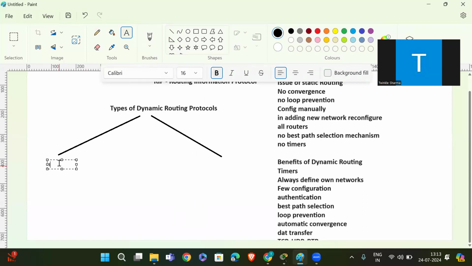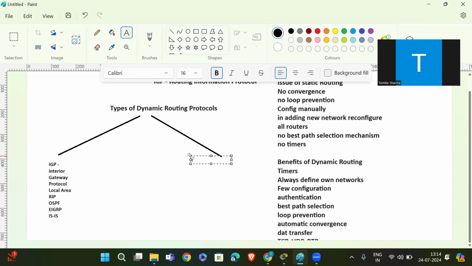IGP stands for Interior Gateway Protocol. It is for local area. Here we use RIP protocol, OSPF, EIGRP, IS-IS.